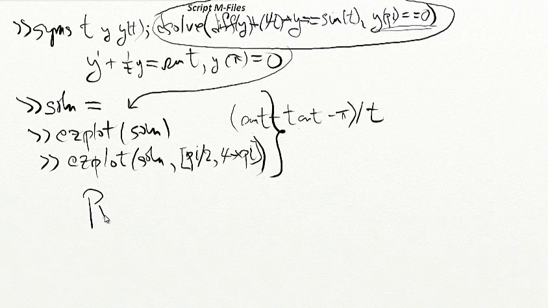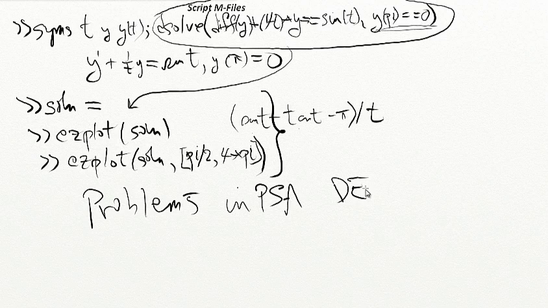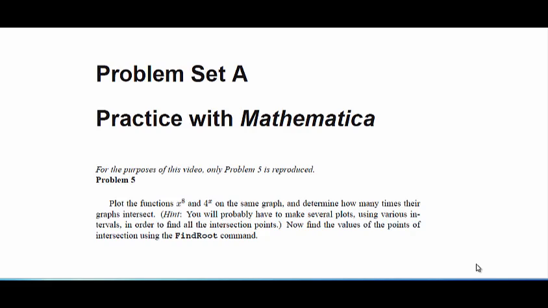We're going to look at problem 5 in problem set A of the MATLAB book, Differential Equations with MATLAB. This will provide a nice illustration for us as to how to build an M-file to solve a specific problem. It will be a sequence of commands broken into cells with copious comments, and then finally I'll show you how to publish it. Okay, here it is, reproduced directly from the Differential Equations book, problem set A, which is practice